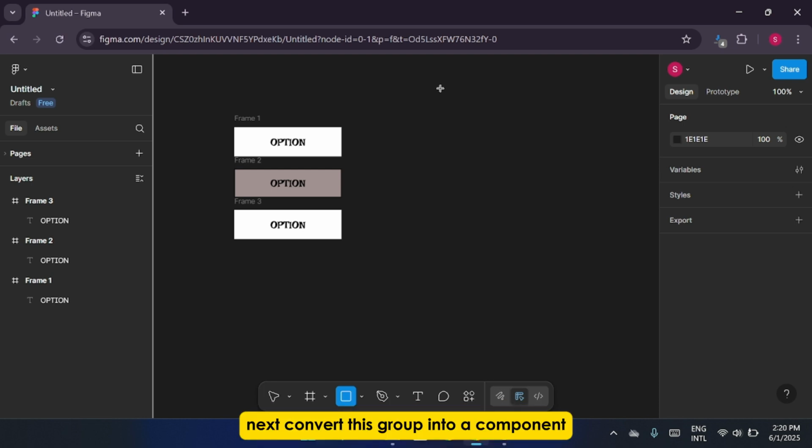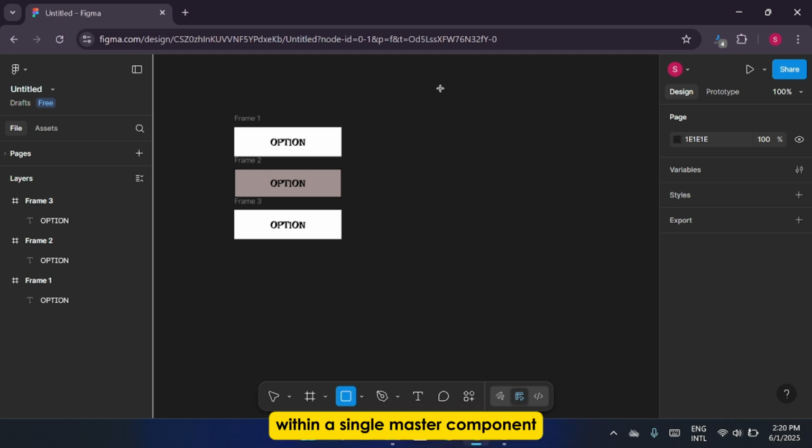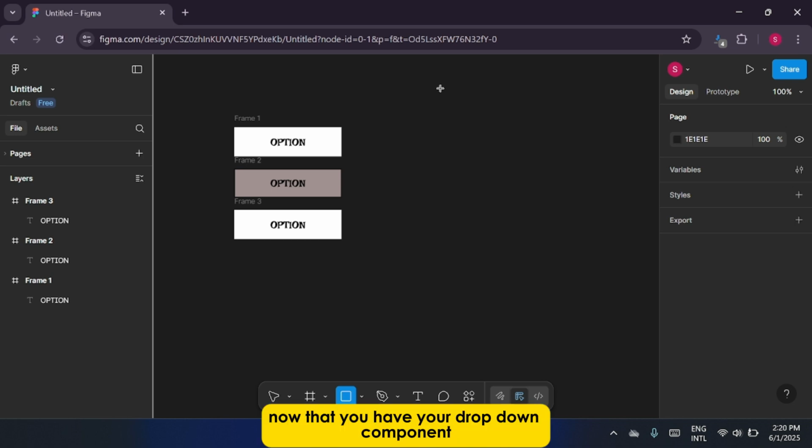Next, convert this group into a component so it can be reused and easily edited. To do this, right-click the group and select Create Component. This step is crucial for designing interactive elements because it allows you to build variants and states within a single master component. Now that you have your drop-down component, it's time to add variants for different states, like default, hover,